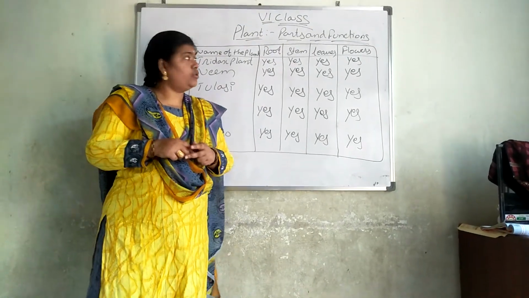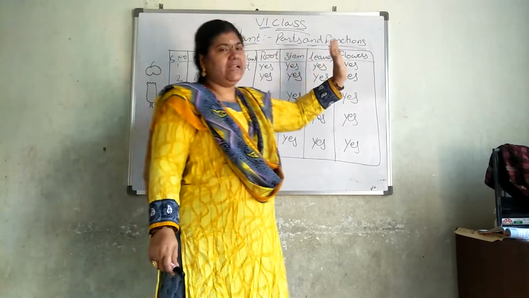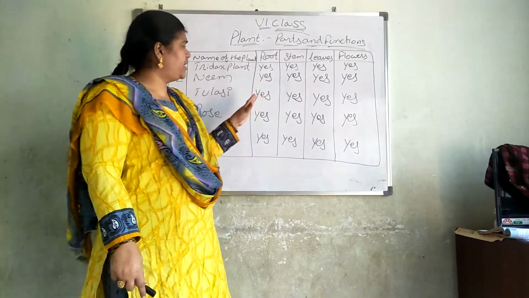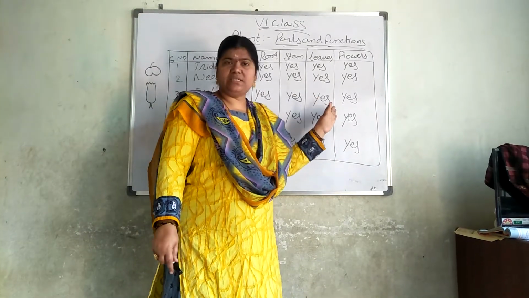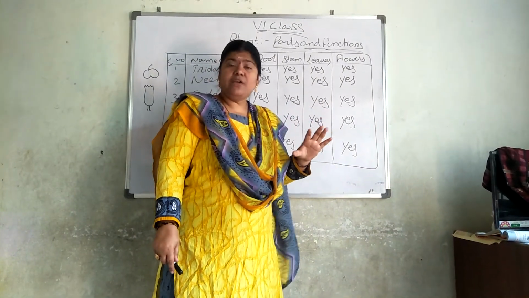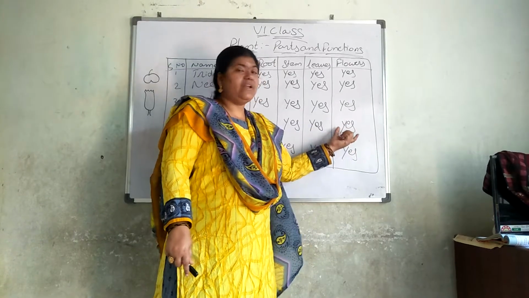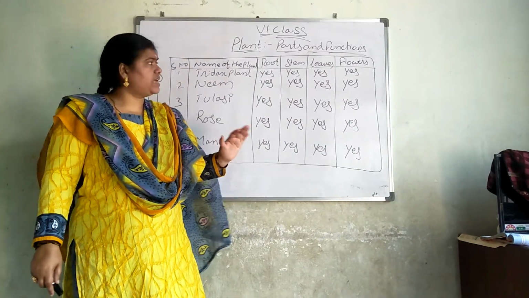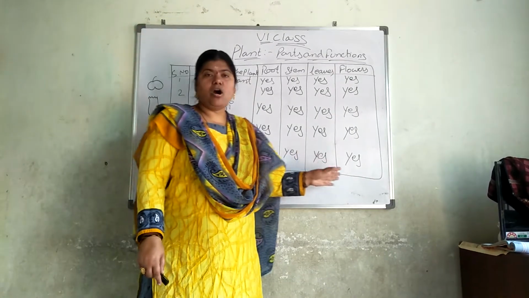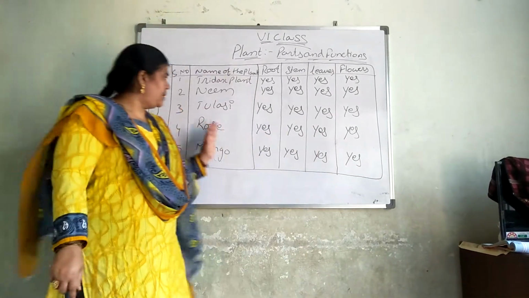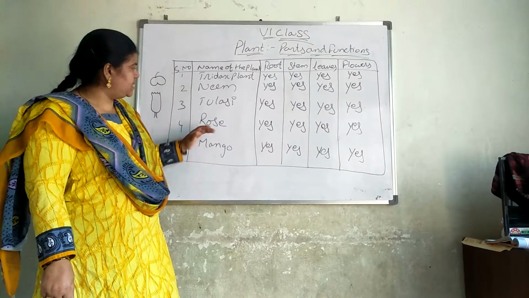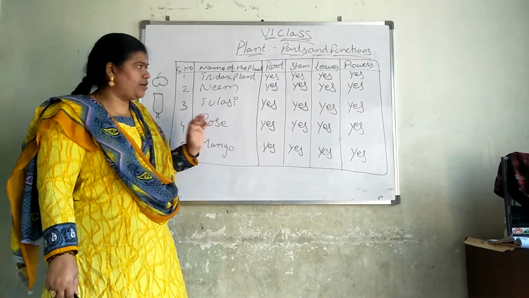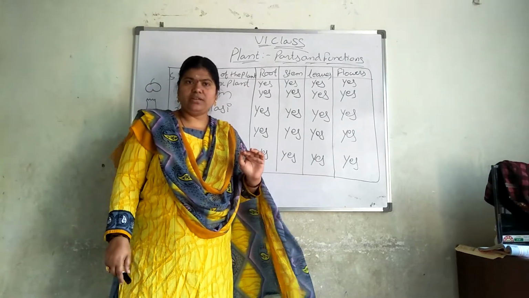As I said for you, this root, stem and leaves are common for any plant. For any plant, if you are taking root system, stem system, leaf system are common. Which is not common here? The flowers and fruits are not common. Did you understand? The flowers and fruits are not common, but the remaining all are common here. So when we took these 5 examples, rose and tulsi will not have fruits, but Tridax, Neem and Mango will have the fruit. Follow the table.